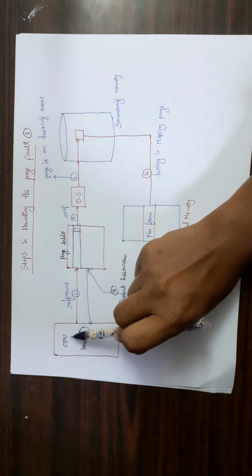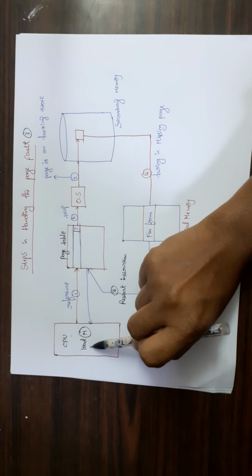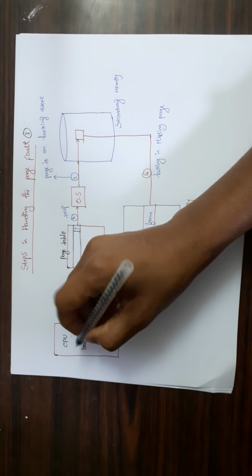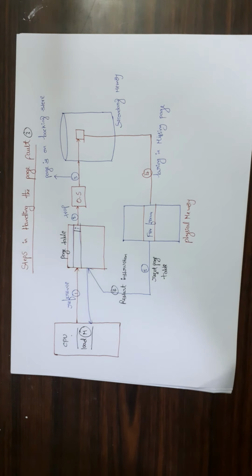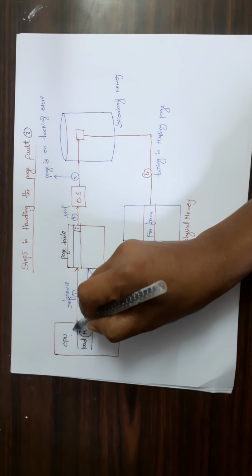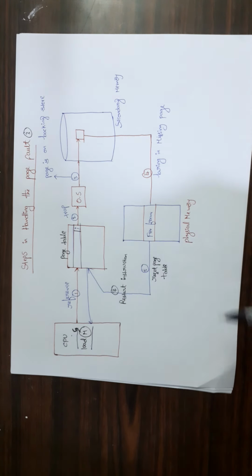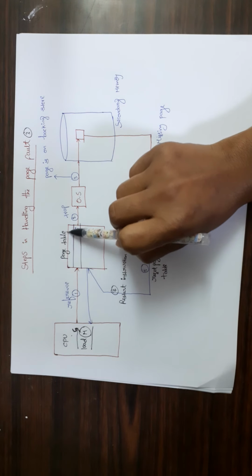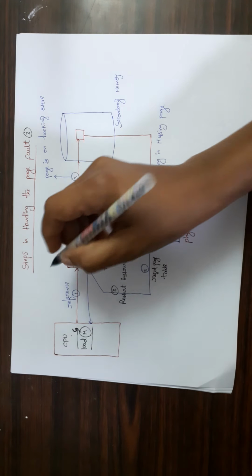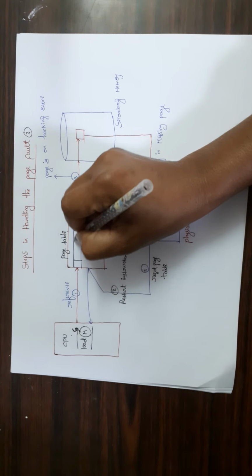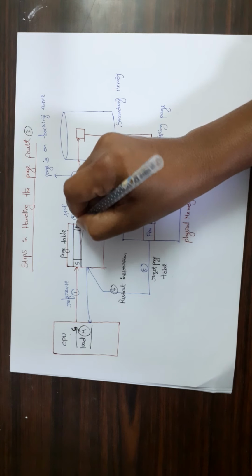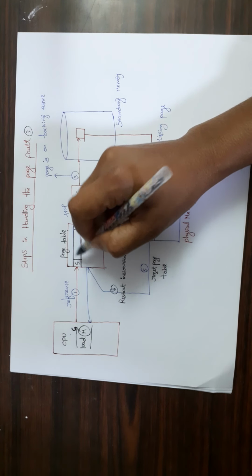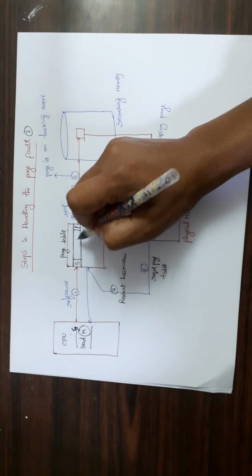Let us assume that this is the CPU. Now the CPU wants to load a particular page number from the primary memory. For example, it wants to load page number 5. So first it should refer to the page table. If you observe, let us assume that this is the row related to page number 5. For page number 5 we have an invalid bit. That means page number 5 is not available in the primary memory.